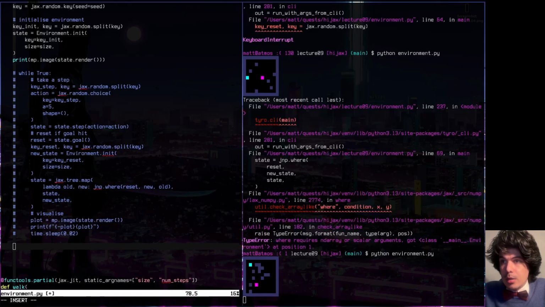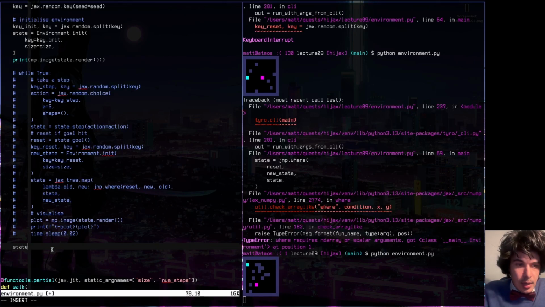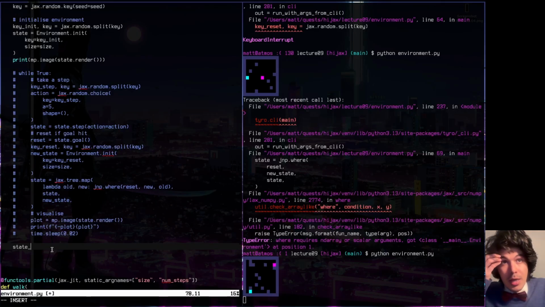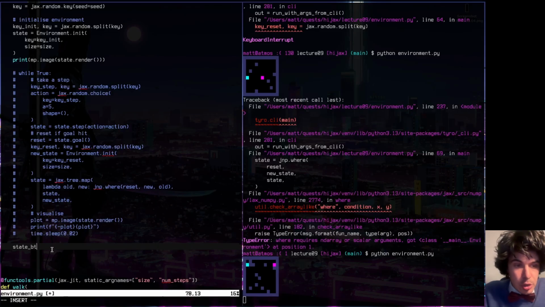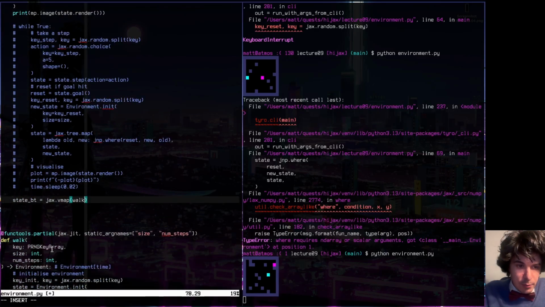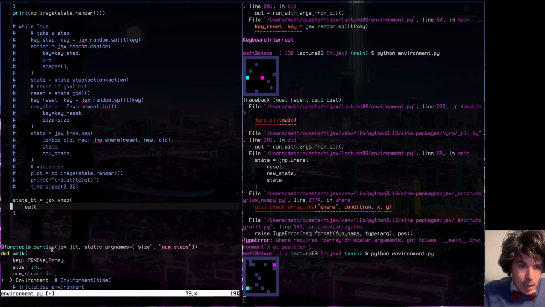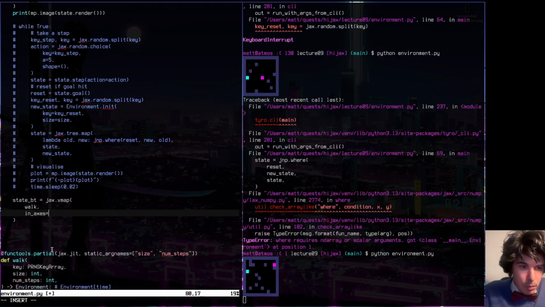The easiest way to do that is to just say that all of the states, I want to have states, or I guess I want to have state, and then it's getting a bit complicated, so I'm going to have a convention of suffixing my variable with what the dimensions are. And so I want to say we have a batch dimension and a time dimension. And the batch dimension is going to come from vmap. So let's jax.vmap the walk function. And the walk function takes various inputs, so we better be careful about which ones of these we're vmapping over. So we want to take the in axes,